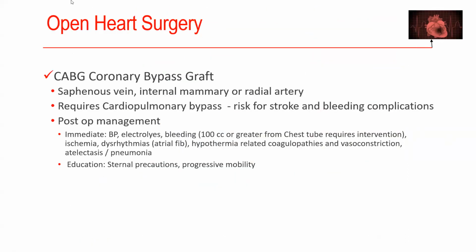Okay, so thinking about doing open heart surgery, we're going to do open heart surgery for valvular dysfunctions. We're going to do open heart surgery if we have atherosclerotic plaque, but not thrombus, or if we have diffuse atherosclerotic plaque that we can't manage in the cath lab, right? In the cath lab, typically you're going to try to do thrombolysis, you're going to do a stent placement, you're going to manage that way. But if you're not able to manage in the cath lab, or the disease is too diffuse, we're going to